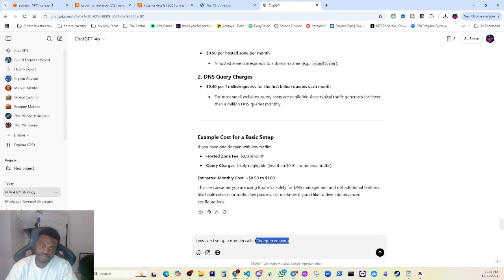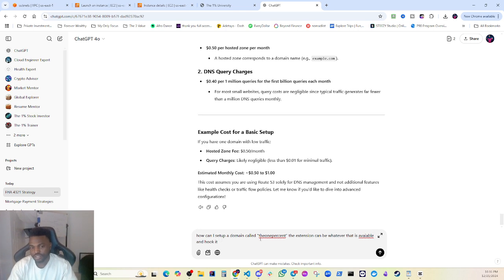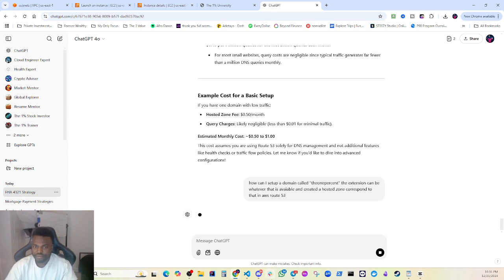let's look at how do I set up a domain called the 1%. The extension can be whatever is available, and hook it and create a hosted zone corresponding to that in AWS Route 53. So I'm literally just trying to create a domain, and then hook. I'm gonna need